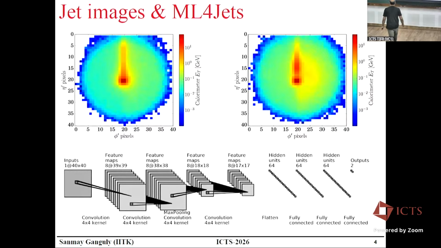So you sometimes make a coordinate transformation, phi prime equals phi minus phi max, where max denotes the location where the hardest jet was. Similarly, there is an eta prime, which is eta minus eta max. That's why there is a relative coordinate shift, which shows in these preprocessed images.